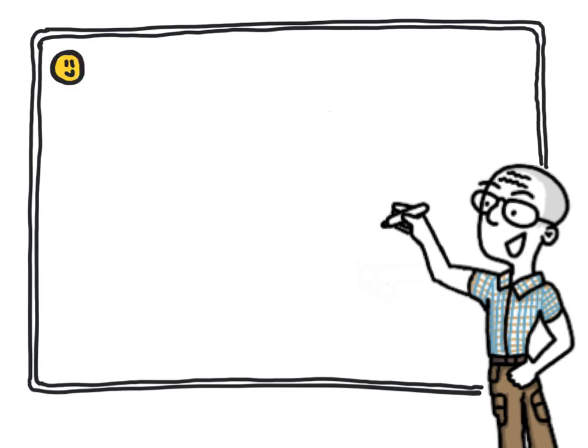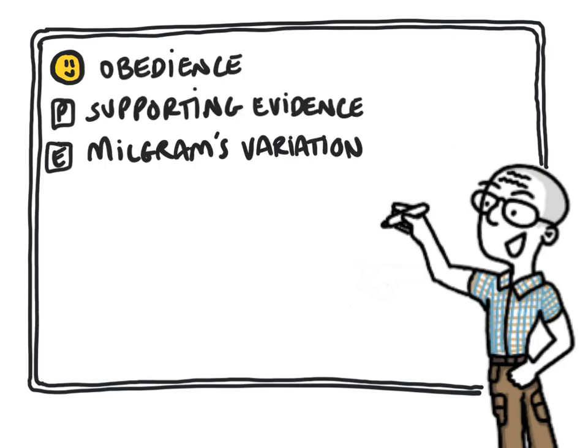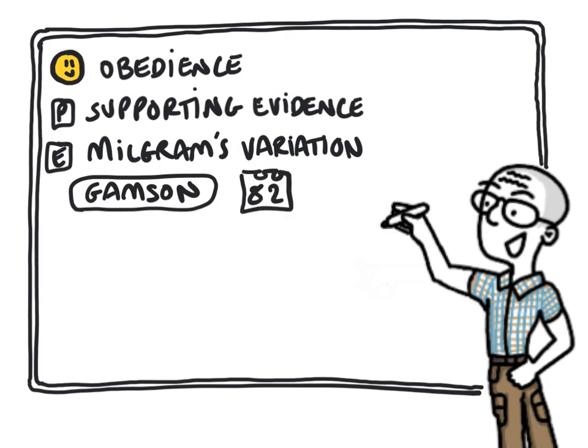One strength of social support as an explanation of resisting the social pressure to obey is there is research evidence to support it. In addition to Milgram's variations with a disobedient ally, Gamson et al. 1982 found even higher levels of disobedience, 88%, when the participants were working in groups to produce information that could be used in a smear campaign by an oil company.